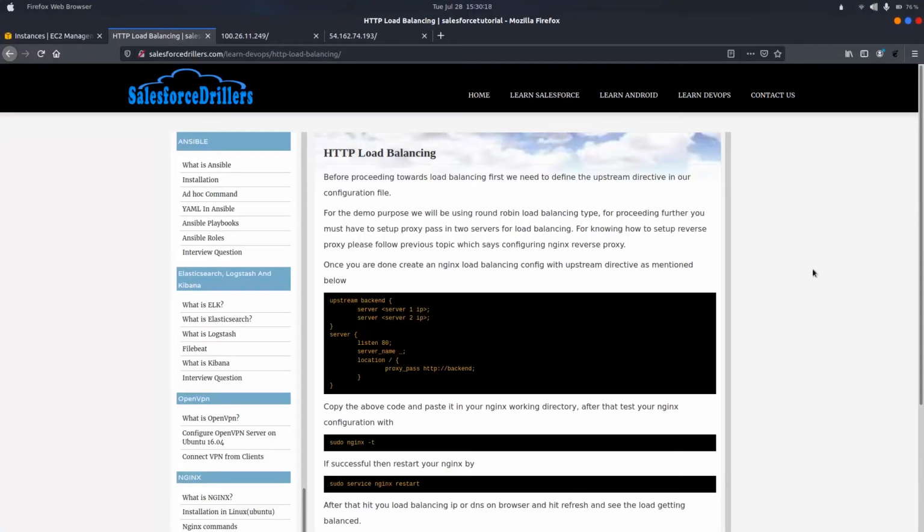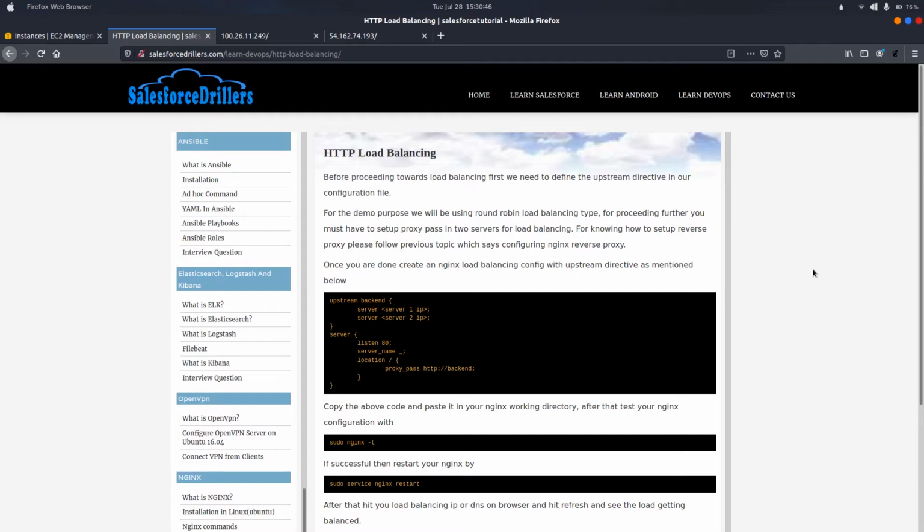In our previous videos we have seen the basic introduction for Nginx and we've also seen the installation procedure, along with this we have also configured reverse proxy on Nginx, in which we have shown Jenkins by doing reverse proxy. So if you want to know how we can configure reverse proxy and the installation procedure for Nginx, please refer to the previous videos. Now in this video we will learn how we can do the HTTP load balancing in Nginx.